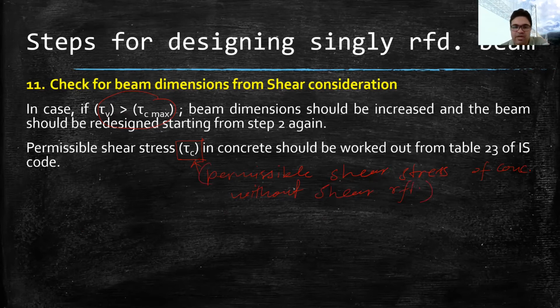So now we have to find out this tau c value to make sure whether we need to provide shear reinforcement to resist the diagonal tension, because this condition can be taken care of for the diagonal compression, but to take care of diagonal tension, we have to calculate another parameter, which is tau c, the permissible shear stress of concrete without shear reinforcement. So we have to find out this tau c value also, and this tau c value can be found from table 23. Now table 23, I will show you again this table to show the value for the tau c.